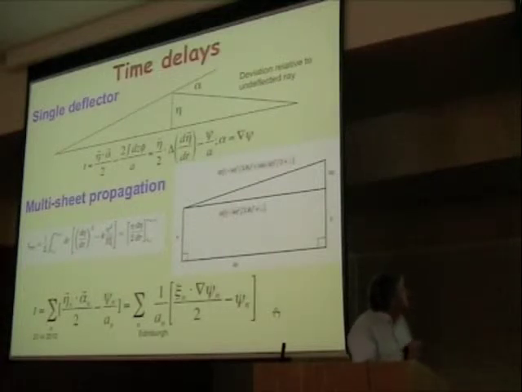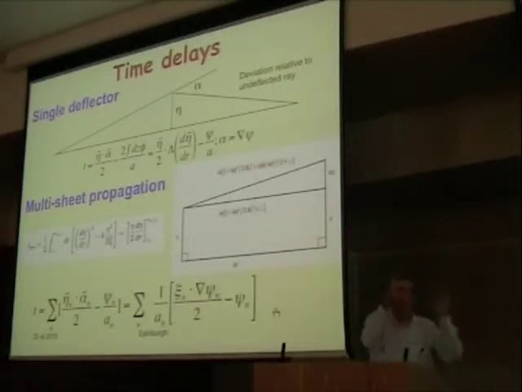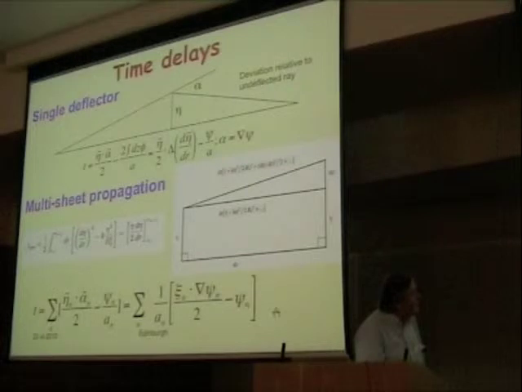If we just consider the geometrical part of the delay and imagine multi-sheet propagation, with a segment between two sheets, then we can take our reference ray along here, go some distance in radius r, and then parallel propagate that up there. And then ask for the ray here like this, where the separation eta from the reference ray